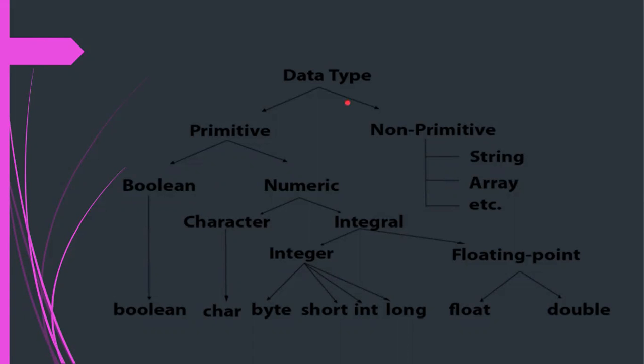When it comes to non-primitive, in Java you have a separate concept on strings. For example, suppose you wanted to log into Facebook. You give the username. What is that username? Username is a string. You give the password. What is that password? Again it is a string. That's why there is a very comprehensive module for strings, so you can learn those things. I will teach you. Until then, please wait.